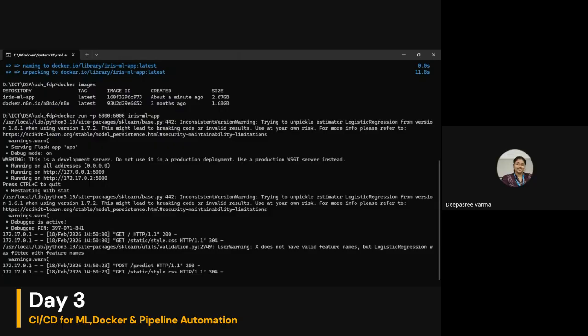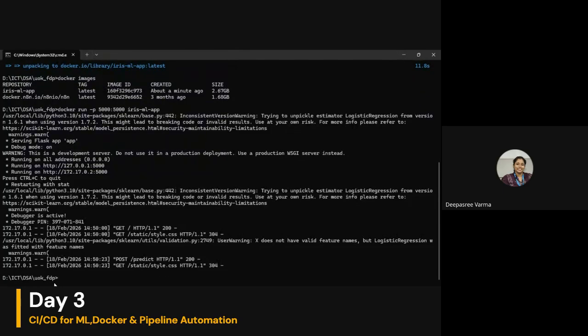This container, once we start it, it will persist, right? Until it is running, you can access your application.